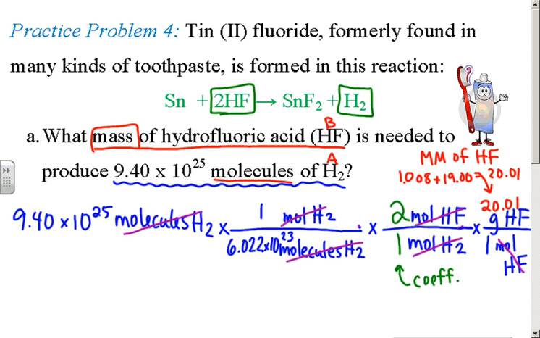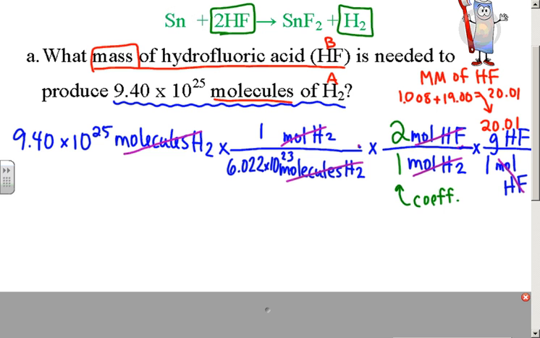If I do this whole calculation, what I would be typing in on my calculator is 9.40, and I would use the EE button, 25. Remember that the EE button takes the place of the times, the 10, and the caret. So you just push the EE button and you go straight to the 25. I would take that number, multiply it by 1, which doesn't change the value, and then divide it by 6.022